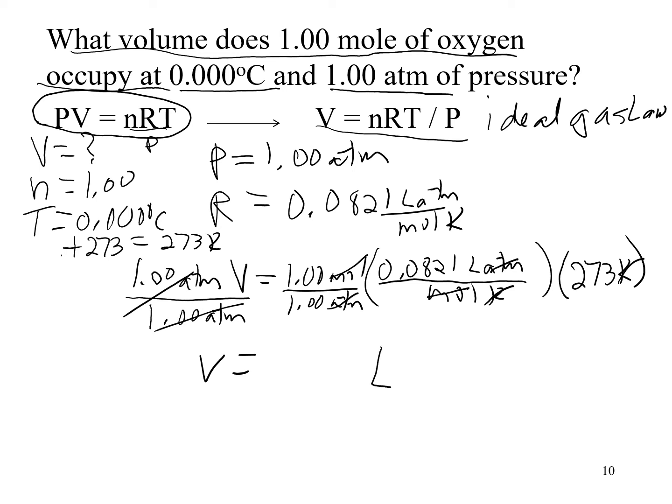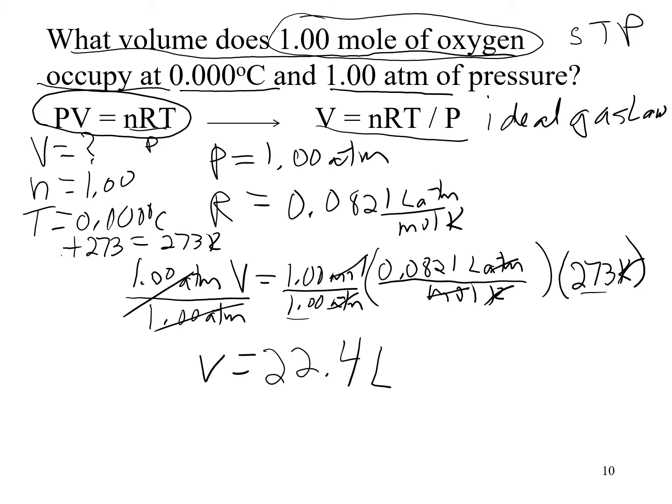So then I can just do my math. I have 1 times 0.0821 times 273 divided by 1. When I do the math, I come up with 22.4 liters, which is what we saw on a previous slide. And I said you didn't have to memorize molar volume as 22.4 liters. We can calculate it. So again, that's if I have 1 mole of any gas, in this case oxygen gas, and it's at conditions of